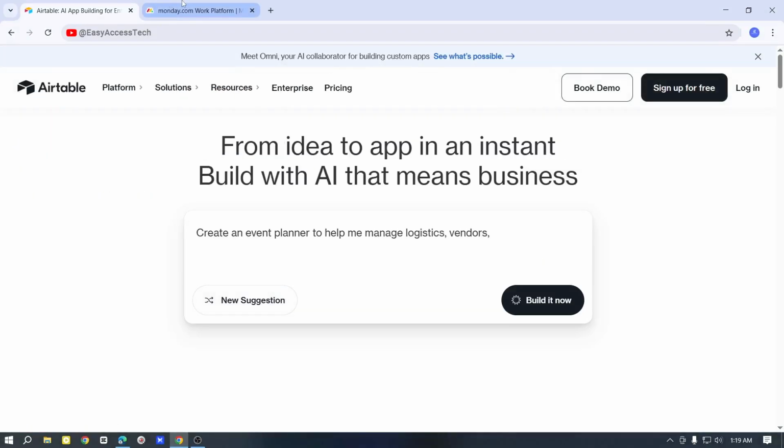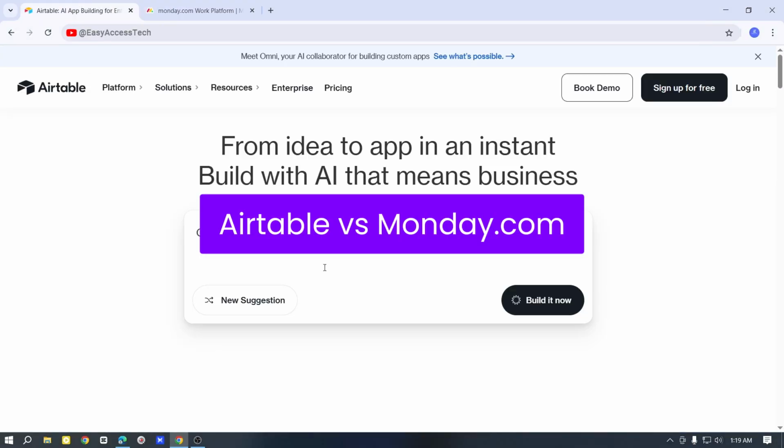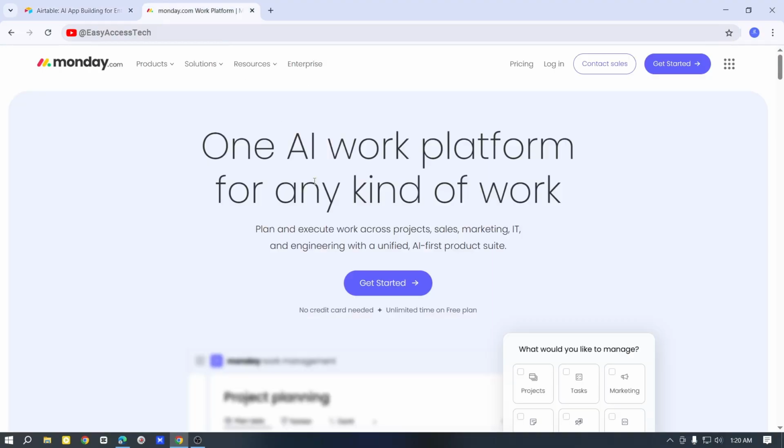Today we are going to compare Airtable and Monday.com. Both are called work OS tools. This means they help you to organize, plan and manage work. They look similar sometimes, but they are different in many ways. In this video, I will explain what each one does, what's new this year and which one may be better